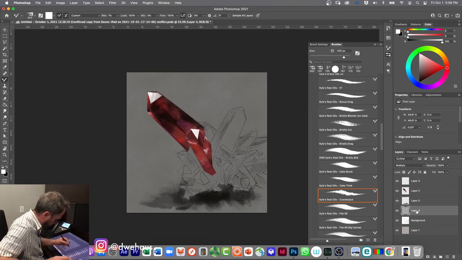And then if I come here to this layer where I put this stuff on, I should be able to